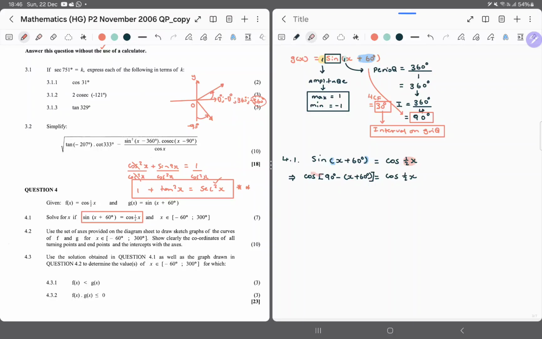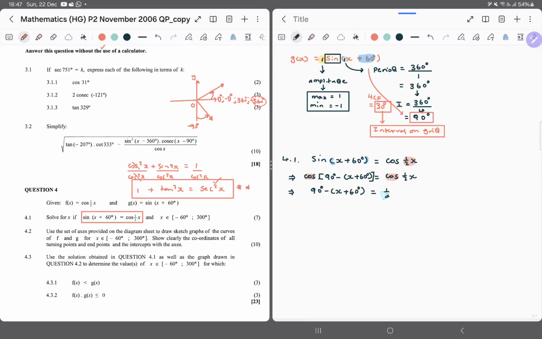Now we have a nice situation because we've got cos and cos. Obviously this is the cos of a compound angle, equal to the cos of half an angle. But if these two are equal, it means these two angles are also equal. So this implies that essentially 90 degrees minus x plus 60 degrees is equal to a half